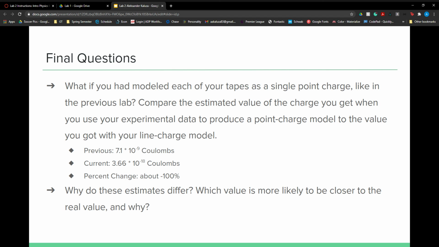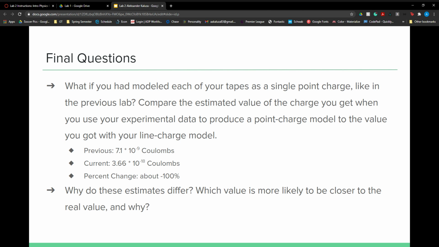To answer the final questions, what if I had modeled each of my tapes as a single point charge like in Lab 1? To compare the results, my previous lab found that the charge was 7.1 times 10 to the negative 9, whereas this one found that it was 3.66 times 10 to the negative 18, which is almost a negative 100% change. So these estimates differ because being able to split the tape into multiple point charges allows us to obtain a more accurate result as to what the charge actually is,